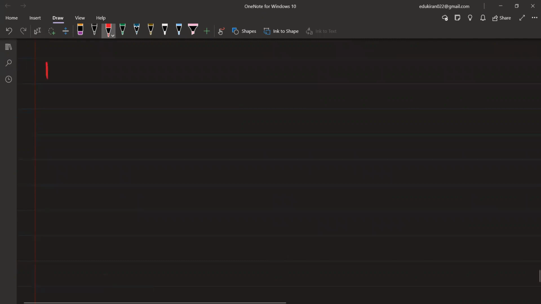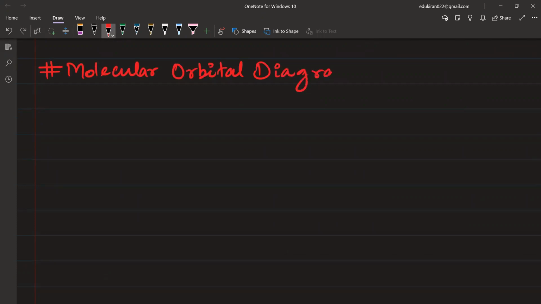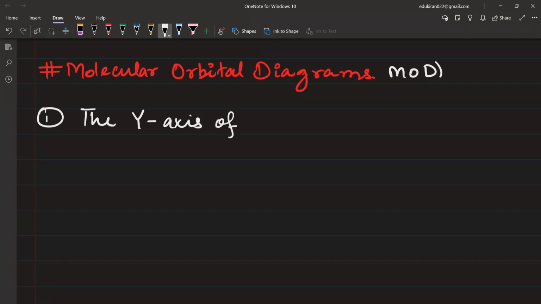Molecular orbital diagrams. Okay, now I will give you a basic idea of how a molecular orbital diagram looks like and what the different things here are. A molecular orbital diagram also has an axis. Okay, there is also one axis. Please write. The y-axis of this MOD